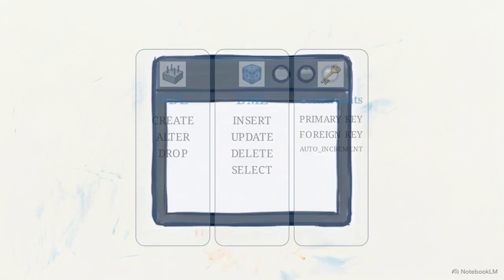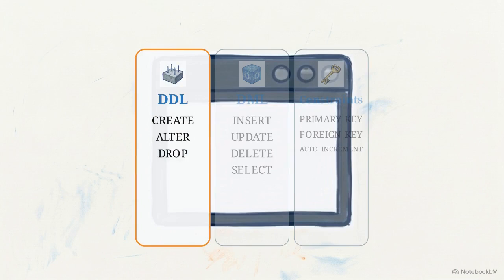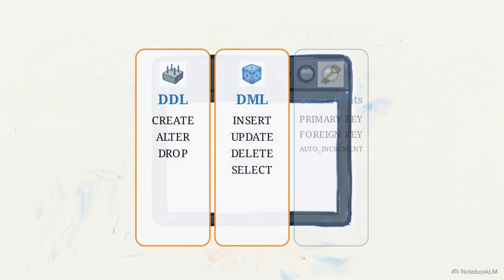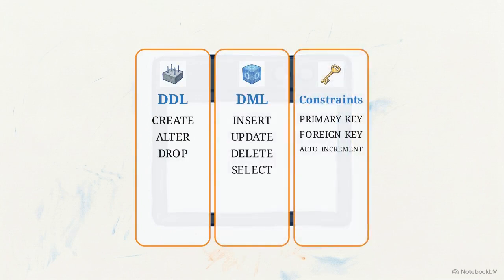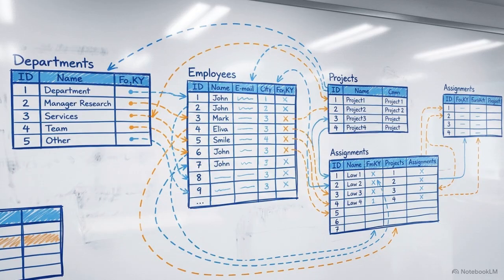Let's review this cheat sheet. We've separated our operations into DDL commands for building structure, DML commands for handling the actual data, and the strict constraints that link everything together safely. Mastering these structural rules gives you the foundational tools to connect different datasets and maintain a reliable relational system as your project